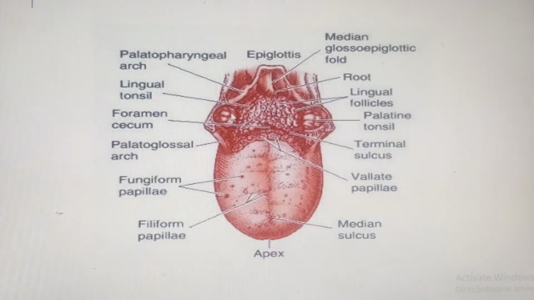Palatoglossal arch. In between them is what we call the tonsillar fossa, which of course is where the palatine tonsil is going to be found. Okay, palatine tonsil. Now, one thing that you have to know is that in the posterior 1/3 of the tongue,